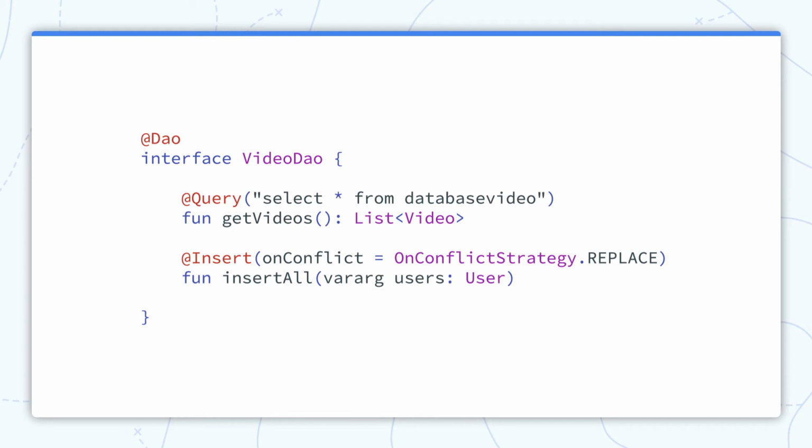When saving data from the network in an offline cache, we often just want to overwrite anything that used to be in the database, since the new network result is more up to date. The replace strategy does exactly this. Whenever there is a conflict, the old content is replaced with new values. This type of insert is called an upsert, a combination of update and insert. You may hear this called upsert or on-conflict update by some developers.